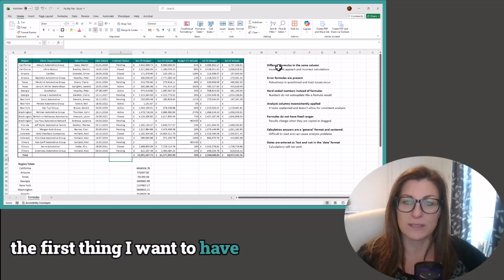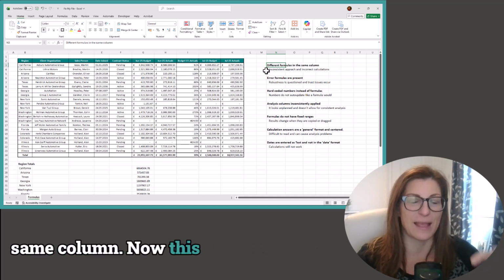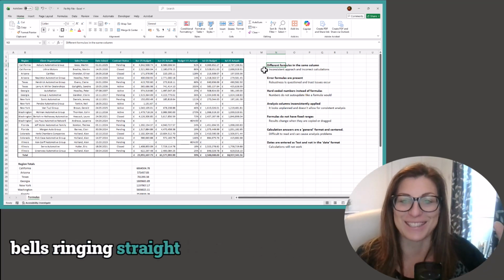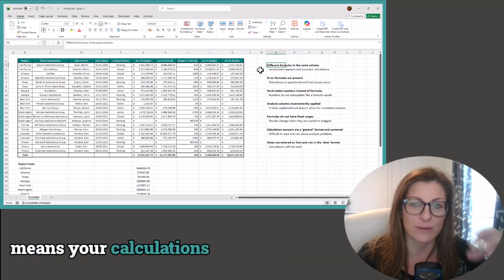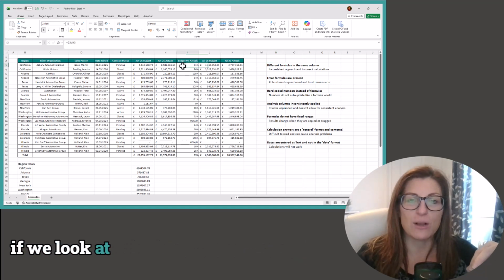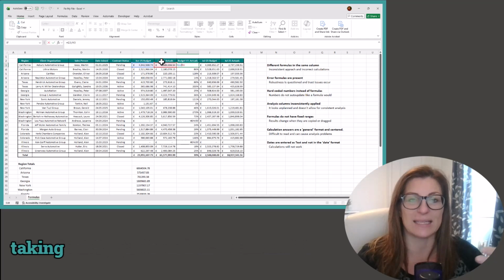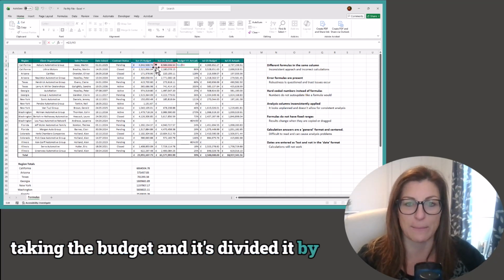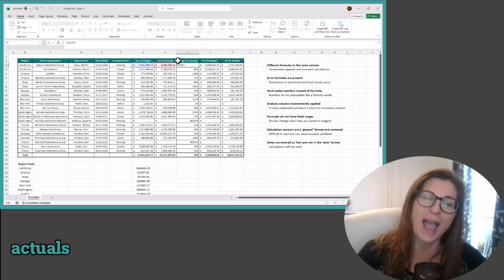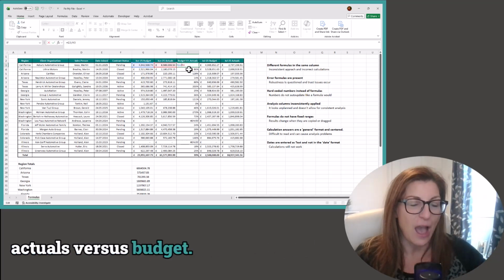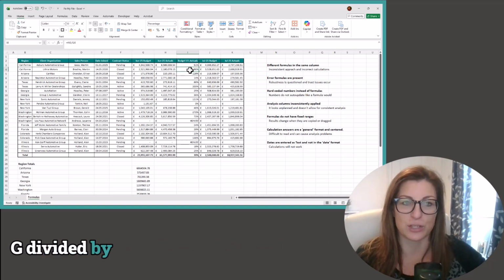So the first thing I want to have a look at is different formulas being used in the same column. Now this sets alarm bells ringing straight away. It's an inconsistent approach and it means your calculations are wrong. So if we look at this budget versus actuals, if we double click on it, we can see it's taken the budget and divided it by the actuals, which is the right way because it's budget versus actuals, not actuals versus budget. Okay, so if we then go down and have a look, we've got G divided by H,